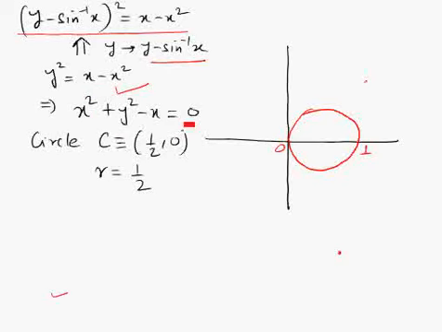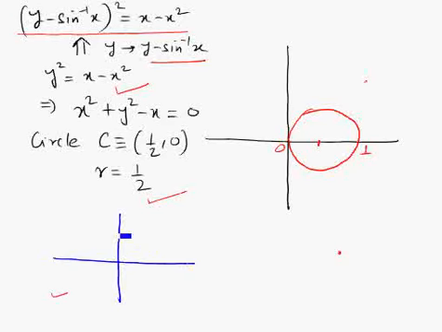Now this is a circle. This curve is a circle whose center is (half, 0) and radius is half, and this curve is passing through the origin because the constant term is 0. So we draw this circle. You can see here we draw this circle passing through the origin, center is (half, 0) and radius is also half. Now if you look at the graph of sine inverse x